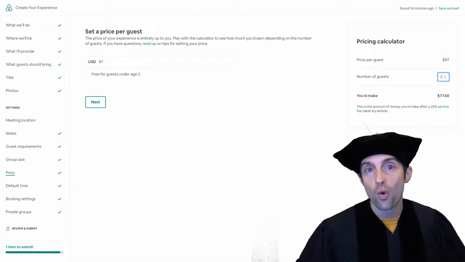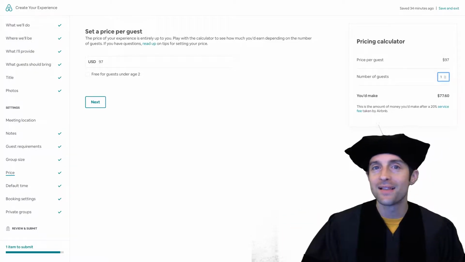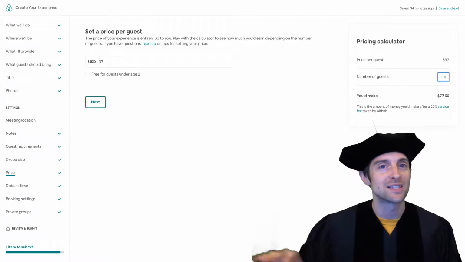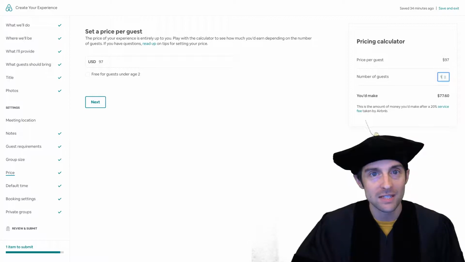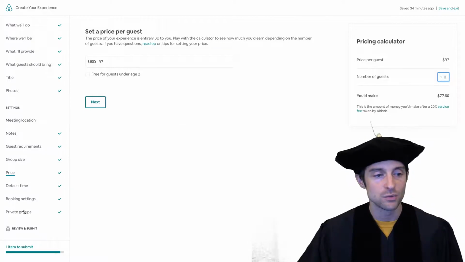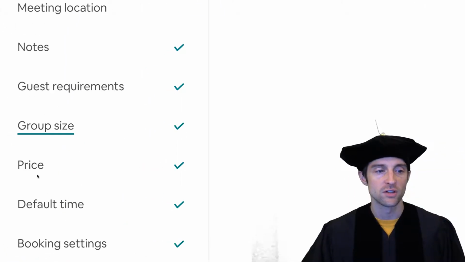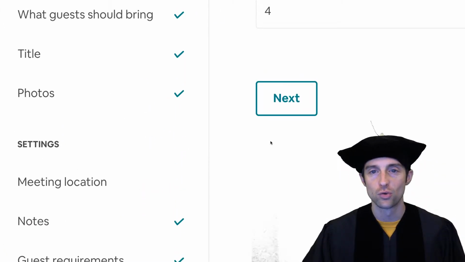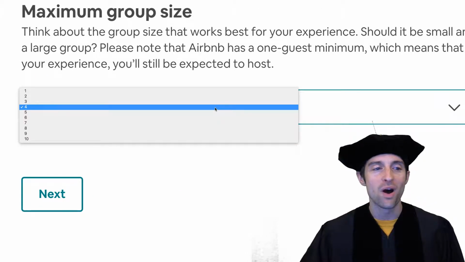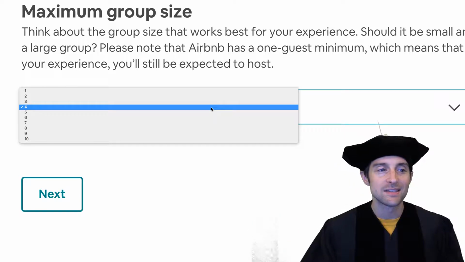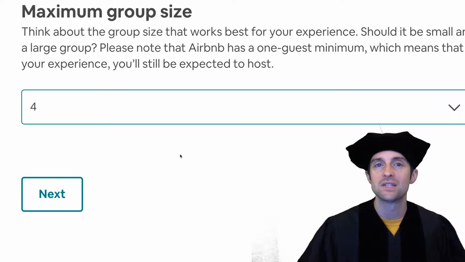If someone drops a 1-star review, to keep it at a 4.7, you need something like 10 5-star reviews to just get it close to a 4.7. Therefore, it's better to set the group size, which you can do. You can set the group size just above the price field over here. So there's price, and then right above that, there's group size. You want it as a 1 guest minimum, but you don't want to book more guests than you can handle. You might even start on the low end and see if you can take more guests at once.